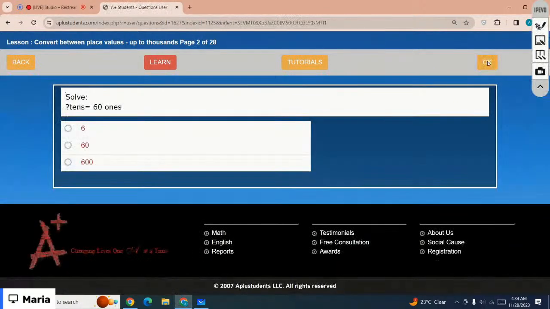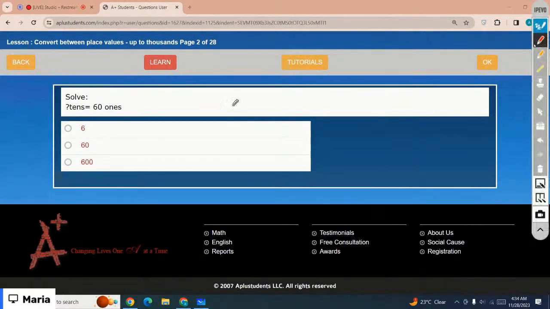60 ones equal how many tens? So 10 ones equal 1 ten, right? So that means 60 equal 6